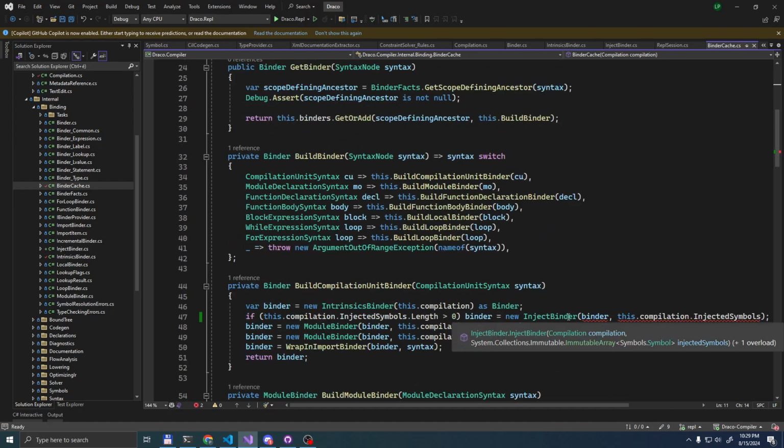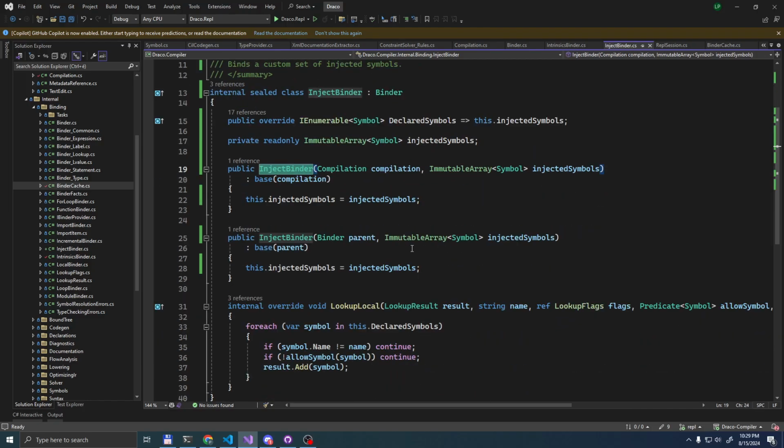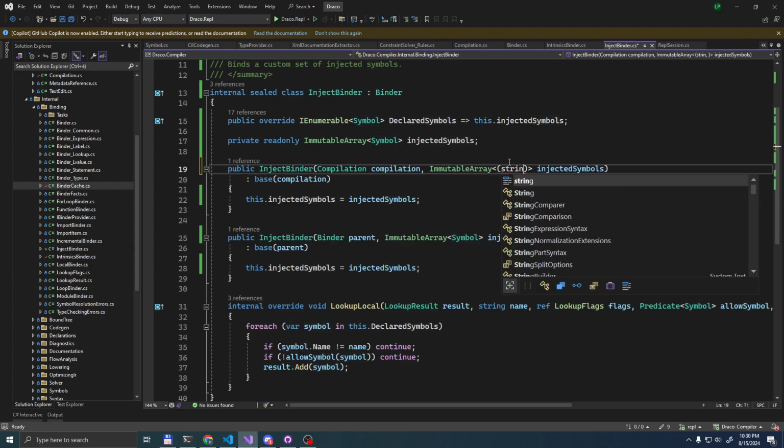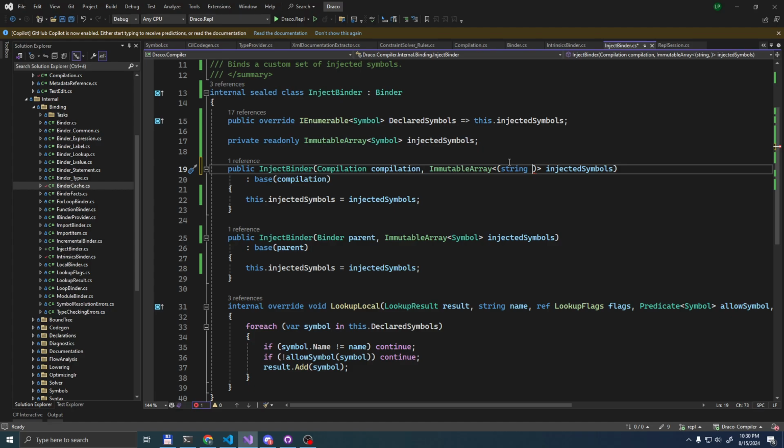Yes, it should yell, that's fine. So inject binder now takes this tuple that I hate. There are going to be frozen lists soon, which are more efficient than immutable. I thought they were already out. I'm not sure though.